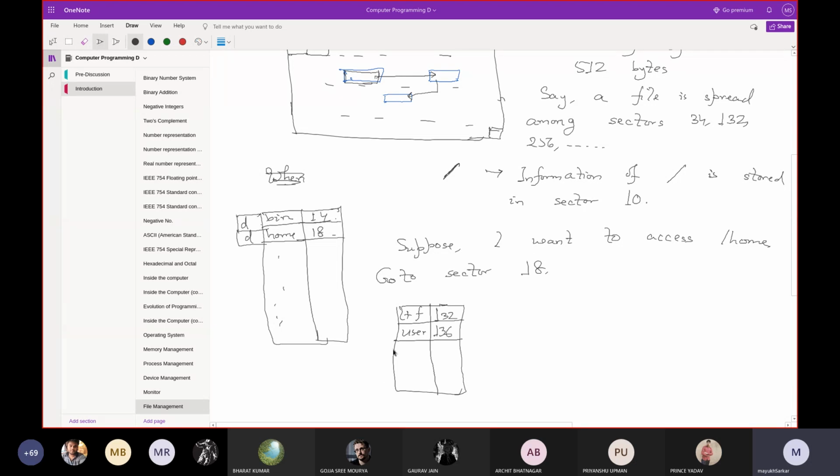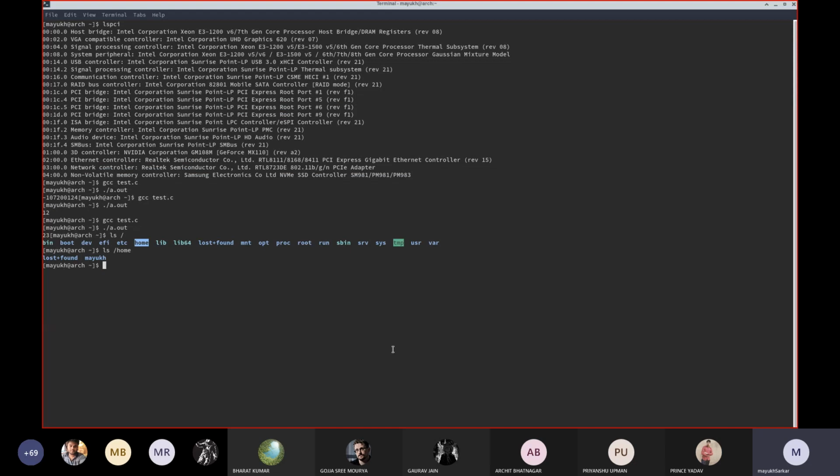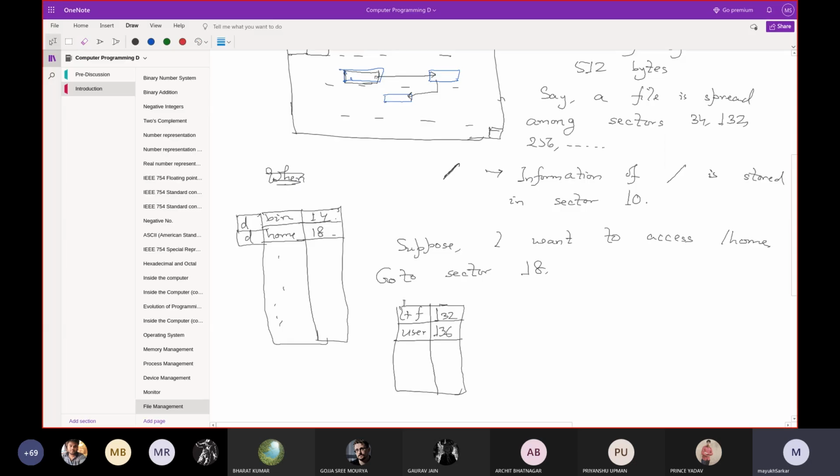Okay. Now suppose you want to access /home/user, which in this case is my folder, my directory. Suppose you want to access that directory, you'll go to the sector number 136.